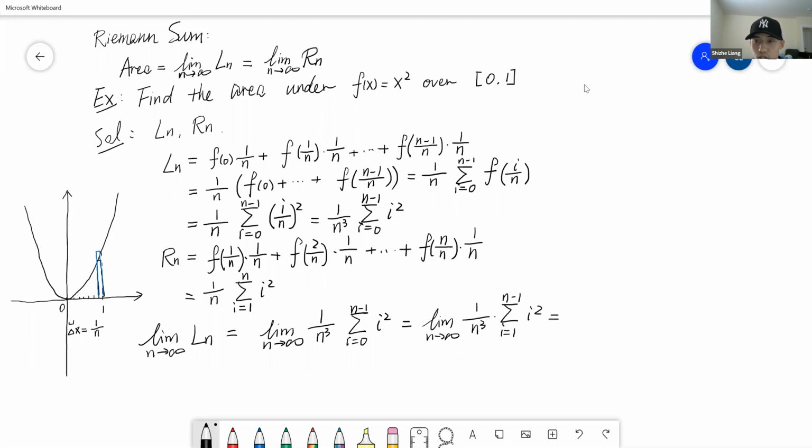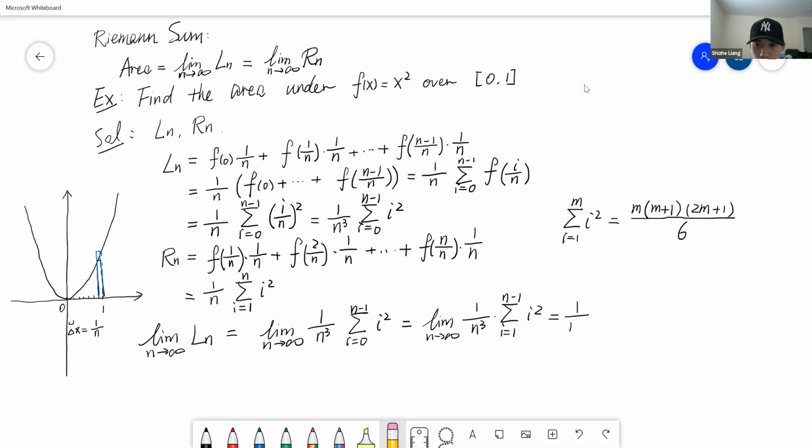Okay, and you can see the formula from your book that the sum of these numbers, this is equal to m times m plus 1 times 2m plus 1 divided by 6. Okay, so now let's apply this to this term, but this time the upper bound instead of m is n minus 1. So we're going to get